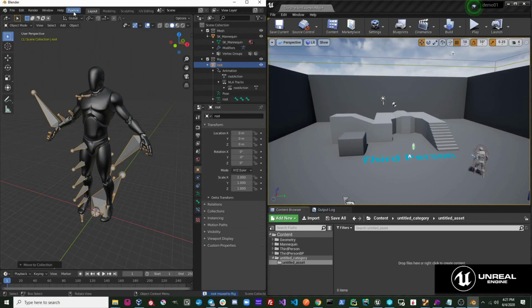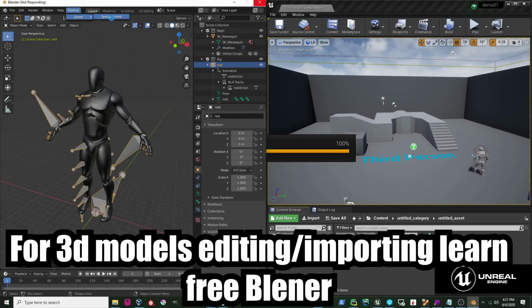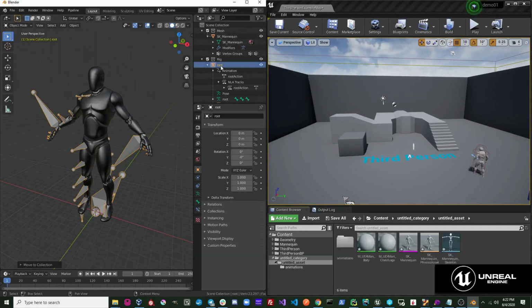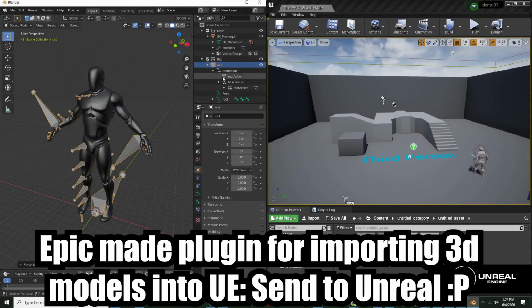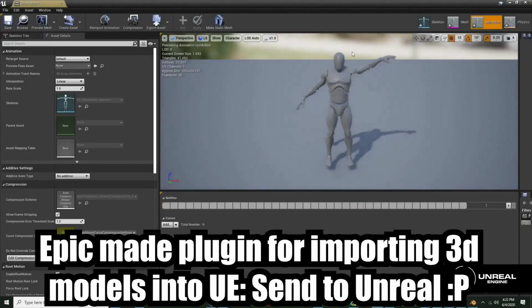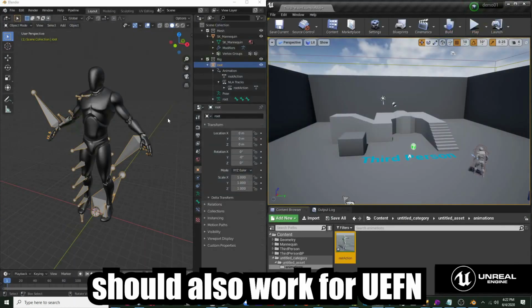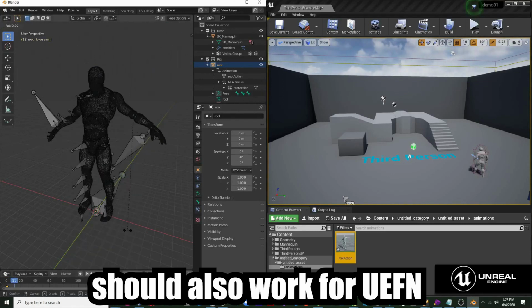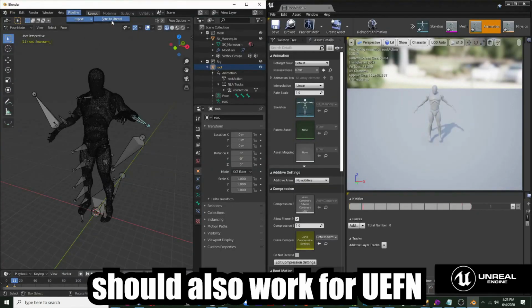I also suggest learning Blender or any other 3D modeling and editing tool, because you will want to import your favorite assets, or edit something that you find on the internet. Blender is free, it's amazing, and there is a plugin for Unreal made by Epic, which allows you to easily import assets from Blender, like models, into Unreal. And there is a really good chance that it's going to be used in UEFN, because just like I said, UEFN is essentially a version of Unreal Engine, or just a smaller version of it. So it makes a lot of sense to leave it available for us, for ease of use and for easing the importing of models from Blender.